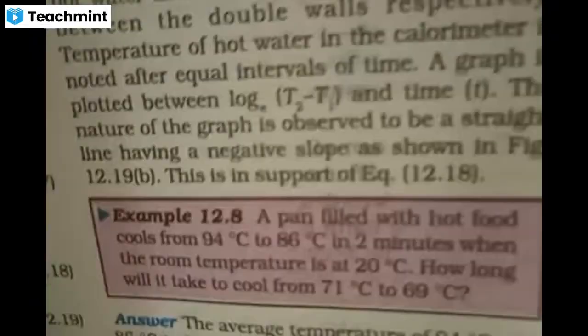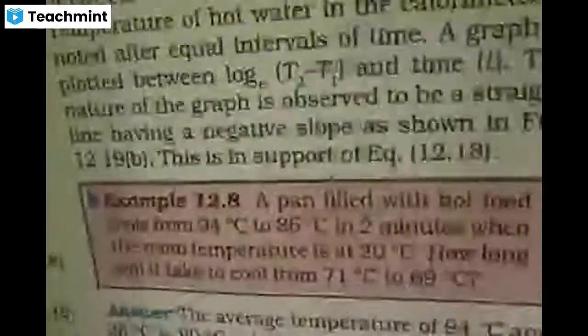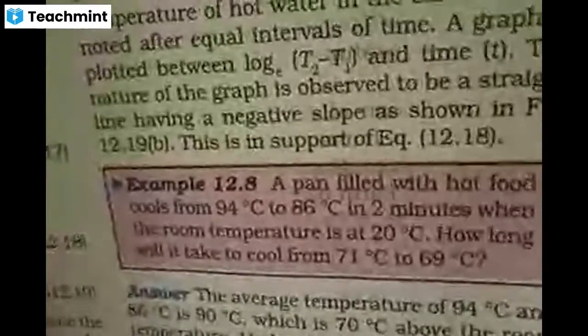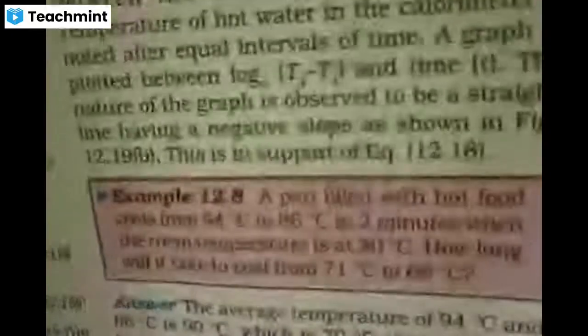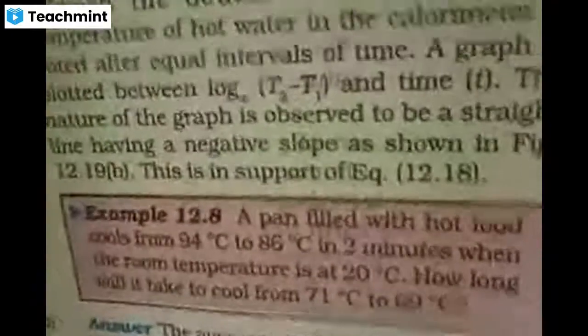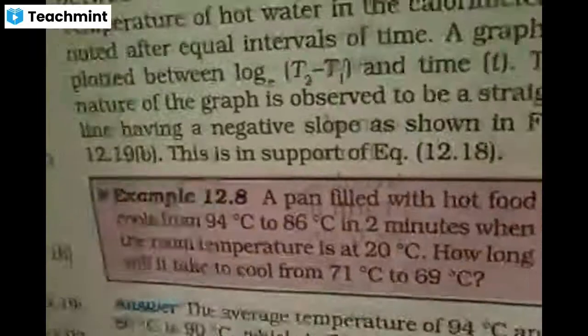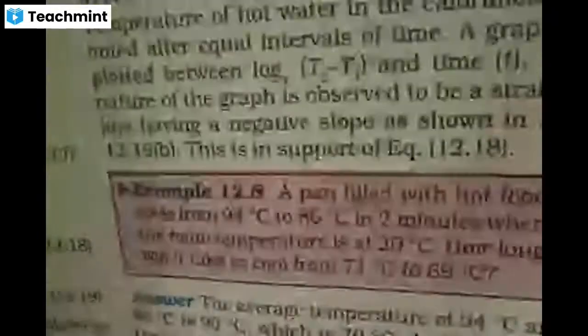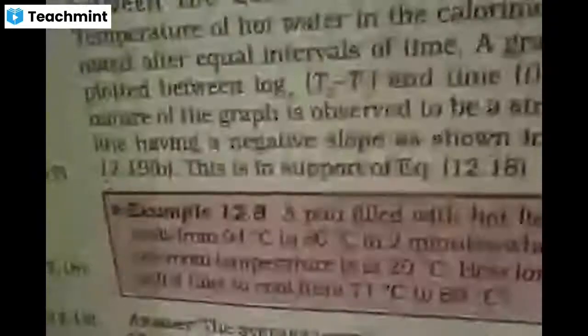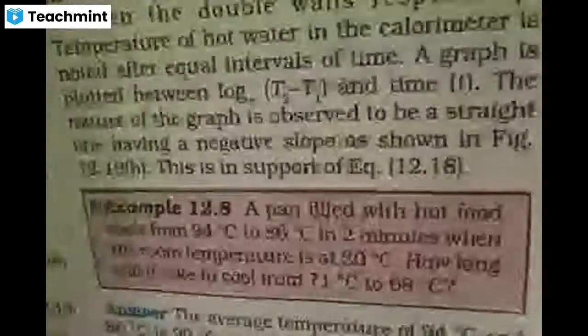Yes. Now, first of all, we'll apply Newton's law of cooling, the formula I gave now. But tell me, what is T1 here, what is T2 here, what is dt here, what is the room temperature here? We had different things like T1, T2, T0 and dt. T2 is, you should know that. Once you know that, you can understand this. T2 is,